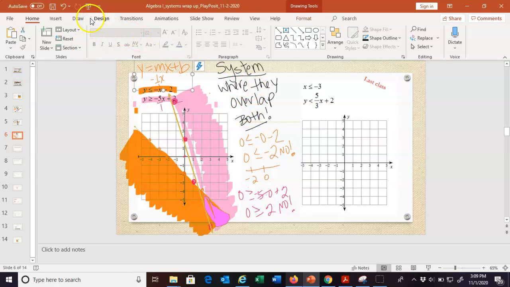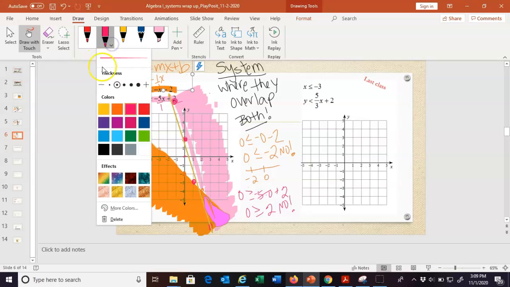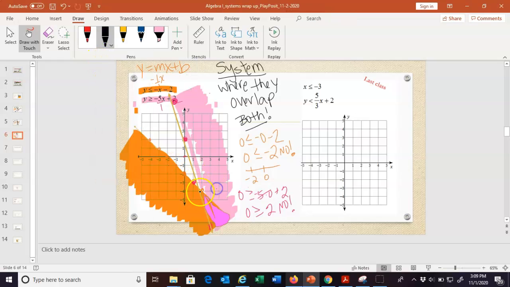So where do the lines overlap in their shading? And that's going to be here in this triangular region down here. See, we have the orange and the pink. That is the solution to the system. If you picked any point in this triangular region, and of course it goes on forever, it would work in both inequalities. So let's try graphing this one on Desmos,